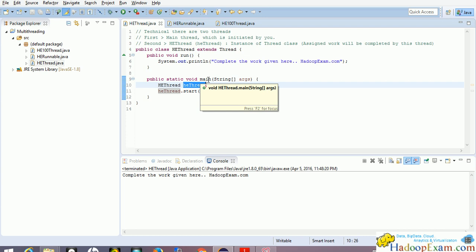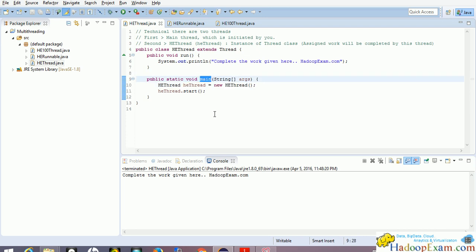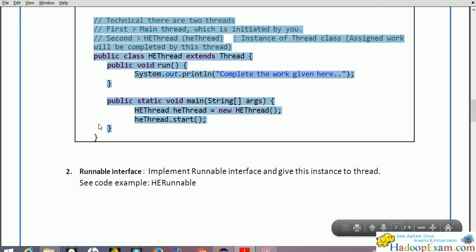Your application will always have at least one thread, that is the main thread. When you are running a Java application, minimum you have one thread. In the background the GC thread is also running, but that is for big applications and keeps running, but in this case it won't keep running. As soon as the main thread dies, all the threads related to the main thread die. If my application breaks and I am out of the main thread, whatever threads were started by this main thread die themselves. So this is the primary thread and these are the internal threads. If my application dies, all threads die. Okay, now let's move ahead and see the next example.